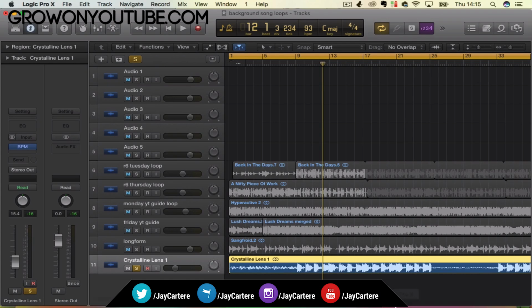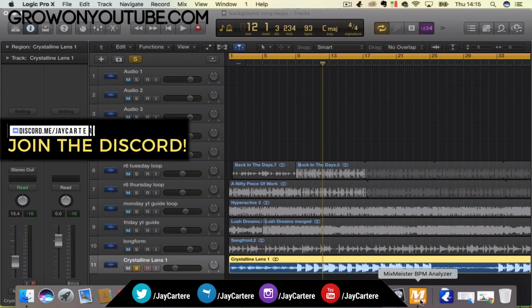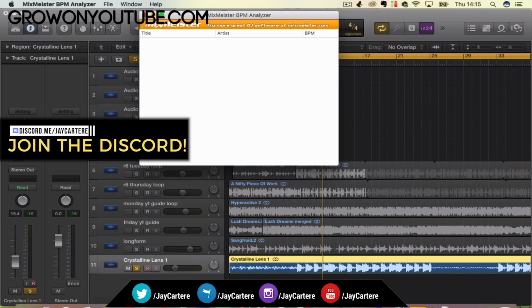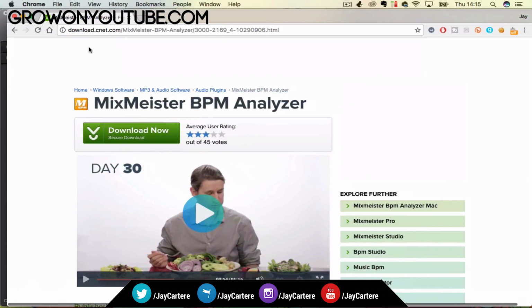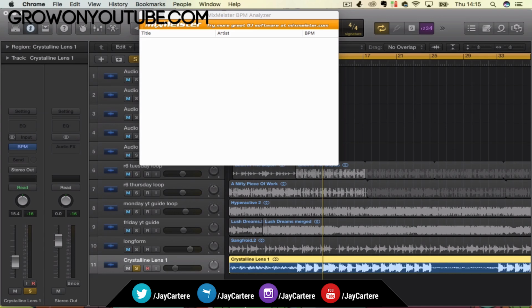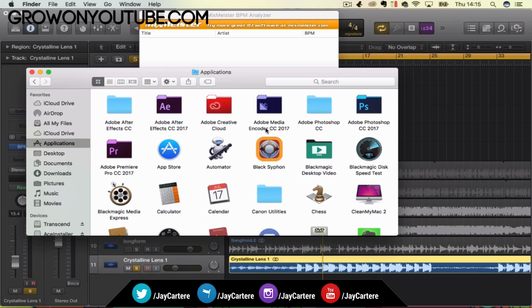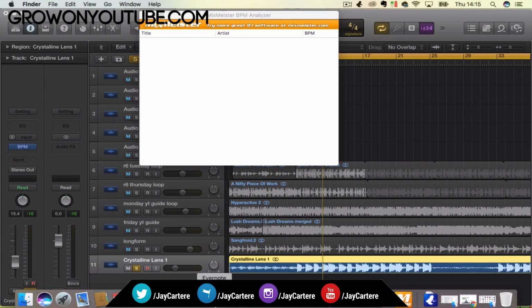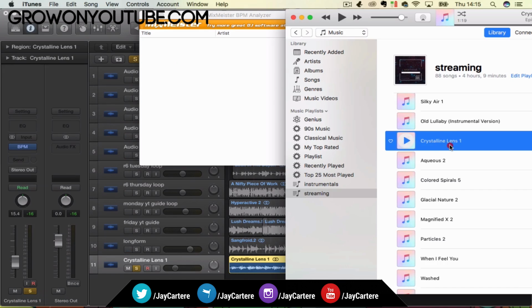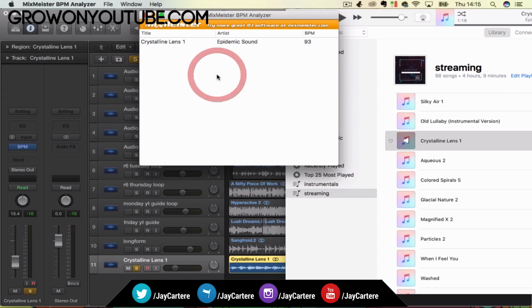But the other way to calculate the BPM is you can get Mixmeister BPM Analyzer. This is something you can download from, I think, CNET for free. So just Google that and this link will come up and you can just download it. And this is very, very useful. Let me show you how to use it. All you need to do is drag the song in question in there, and then it will tell you the